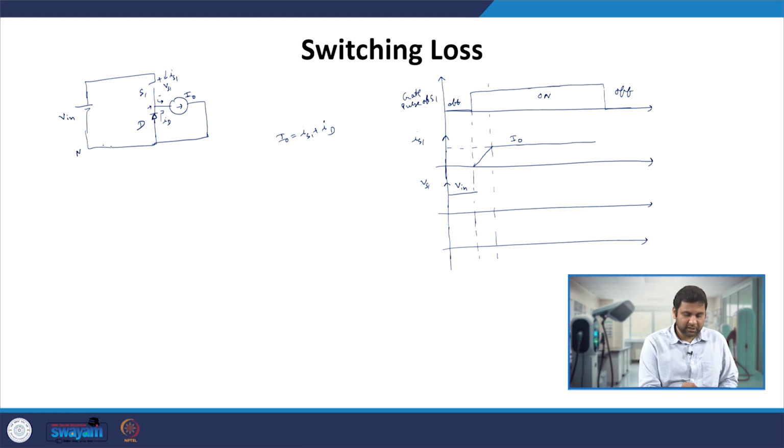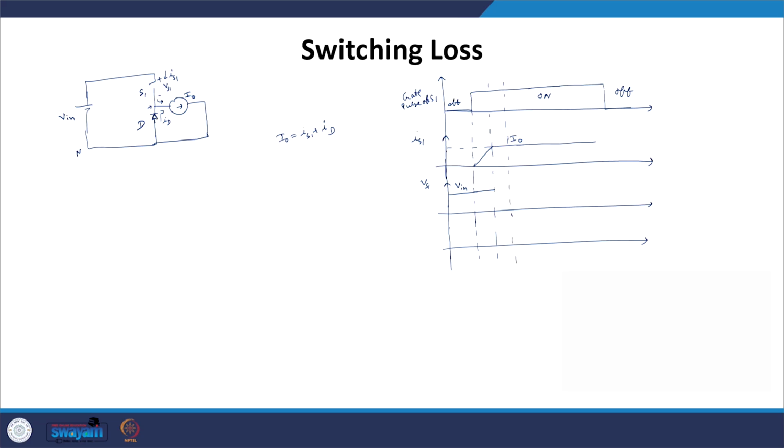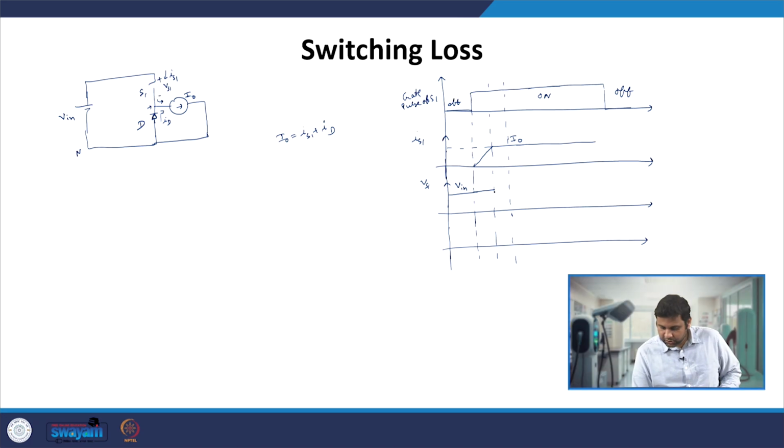With respect to n, it is still held at 0 volt, and that is when the entire DC link, or entire V in, is coming across the switch S1. So the switch will still have voltage Vs1, and then after some time, whenever the current reaches the I naught value, at that point the diode gets reverse biased, and the voltage which was here will then fall to 0, because once it is reverse biased, this voltage will start appearing across the diode.